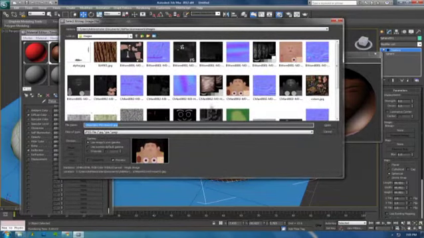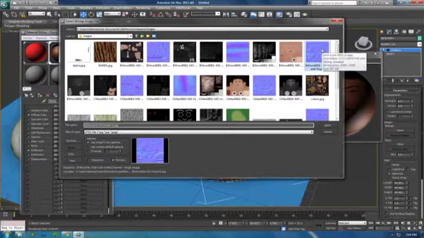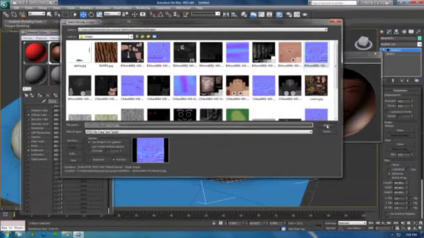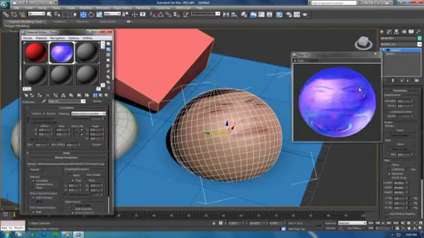So let's pick something that's really crazy. This blue. This is a normal map, by the way. It's a bump map, but it's actually normal maps bump out. It's a displacement map basically, but it's hard to explain, and I'll definitely make a tutorial how to do that in the near future. So anyways, I'm gonna click this. Notice this. It's reflecting whatever that is on this guy,